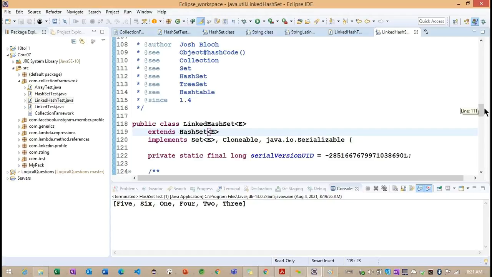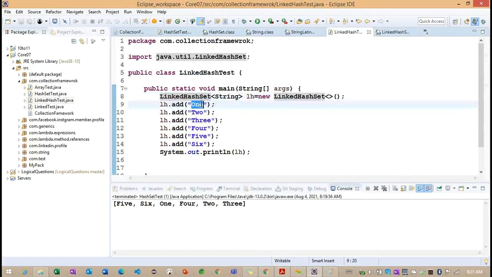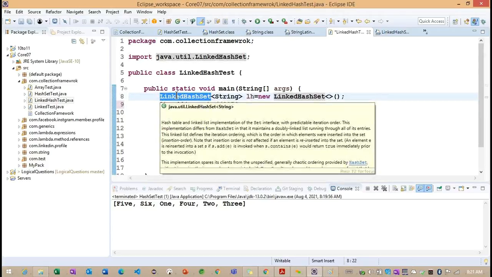They are going to work on the node concept, and whatever the first object we created, it will insert the hash code, but the node indexes will become the same. How are we going to insert it here? The hash code for this particular one is 2078. Even though it is 2078, it's going to insert it into the first node object here. So that is the priority implemented in our linked hash set.